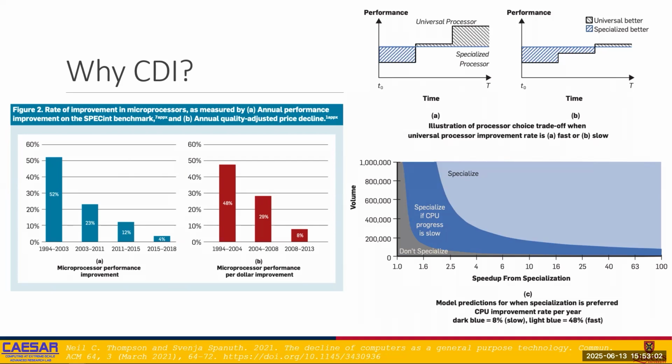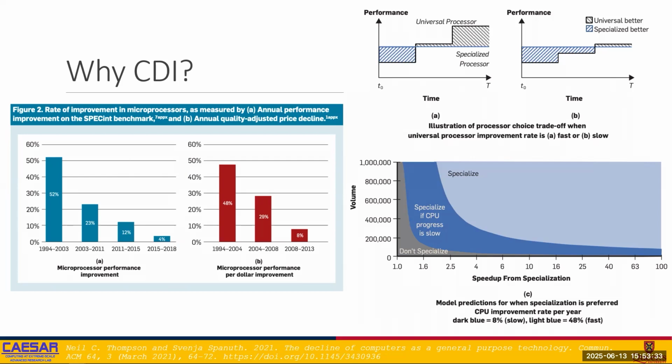And that's what we're saying here: how fast you speed up from your specialization becomes more viable when you're in these blue areas. So you should specialize things even at low volumes. When you can get 100x speed up, you should do that, right? And this blue portion is when CPU progress is slow. So hey, our compute goes slower, and it becomes more and more valuable to specialize. I have to get something out of it. The amount of time that I keep ahead of the general solution